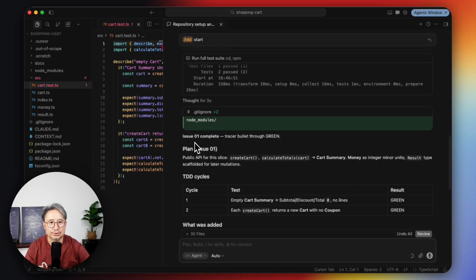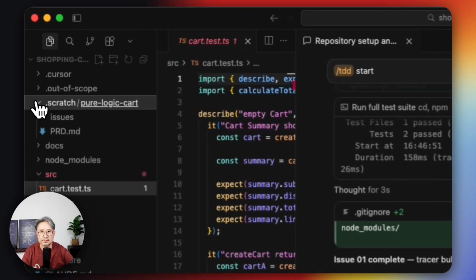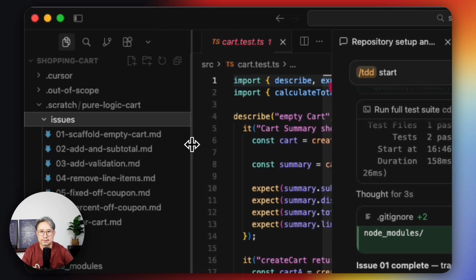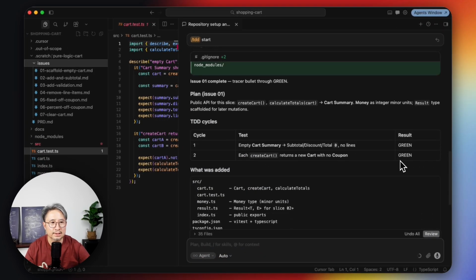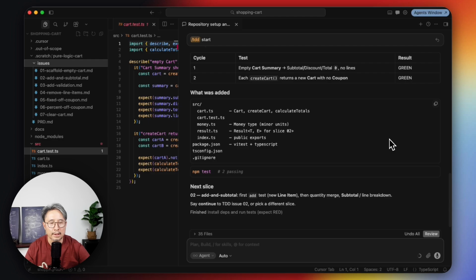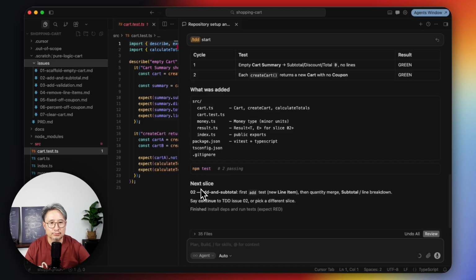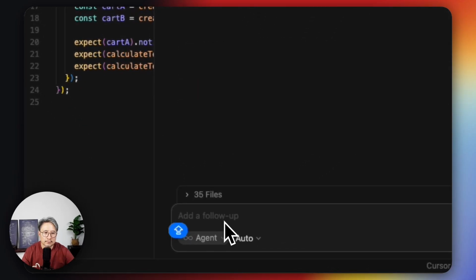What is issue 01? It's scaffold empty cart. The two tests have passed green, and the whole function of this issue has been implemented. Now it recommends going to the next slice, the add and subtotal feature. So I will say go.